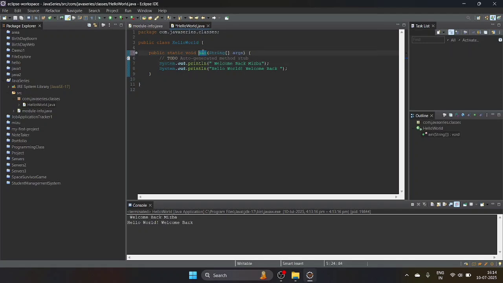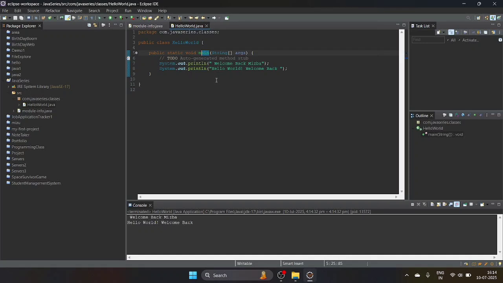If I write it as Main, you will get an error: main method not found in the class. So Java is case sensitive, so be careful with the cases. And System.out.println should be exactly the same.